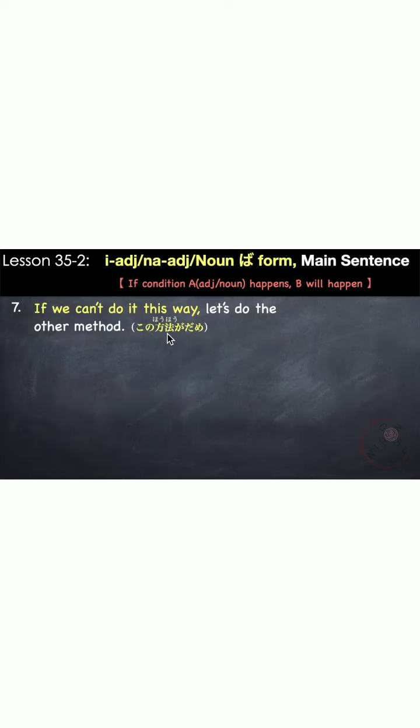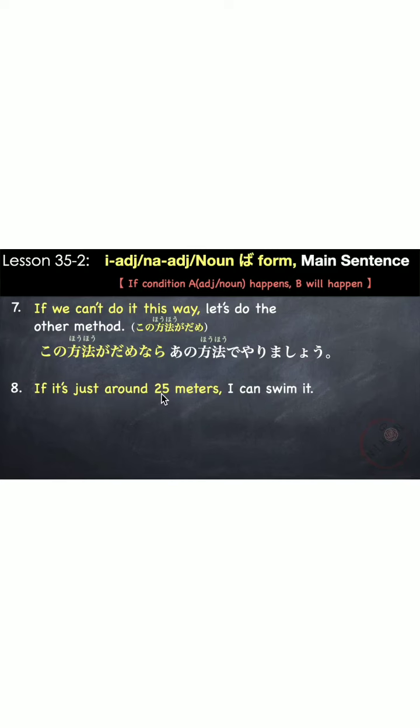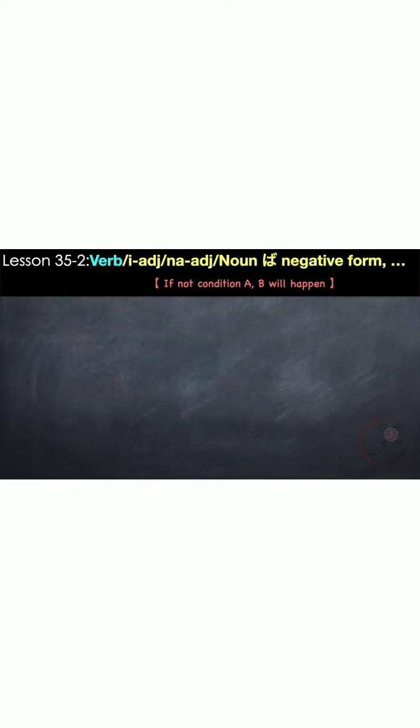If we don't do it this way, let's do the other method. The condition is この方法がダメ。この方法がダメなら. Here we have an na adjective, that's why we put なら。この方法がダメなら、if this way is not good or cannot be used, あの方法でやりましょう。Next, if it's just around 25 meters, I can swim it. Here we have a noun, 25 meters, so that's our condition. 25メートルぐらいなら、泳げます。